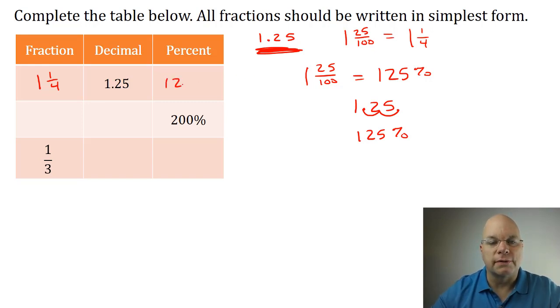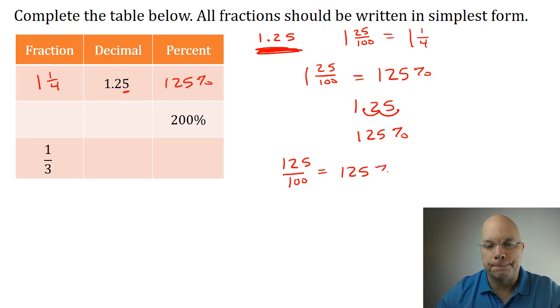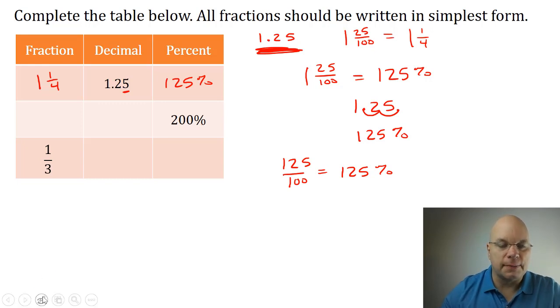So this is 125%. One other thing I should say is if you just read this number in standard form, just ignore the decimal for a second. It's 125 ending in the hundredths place. So it actually says it's 125 hundredths. So if it's out of 100 already, that is the percent, 125%. We can use that same idea